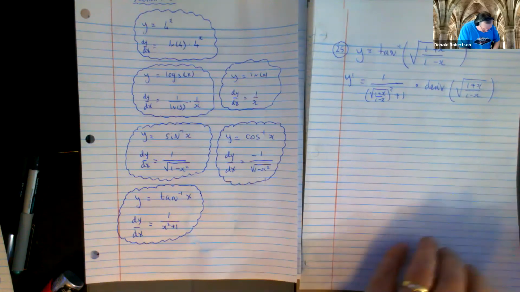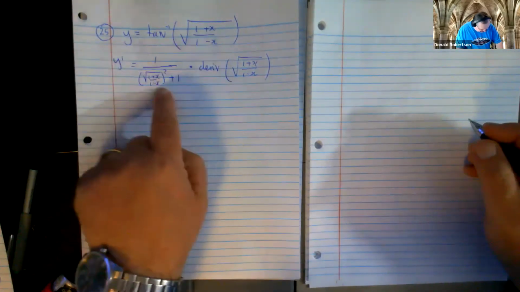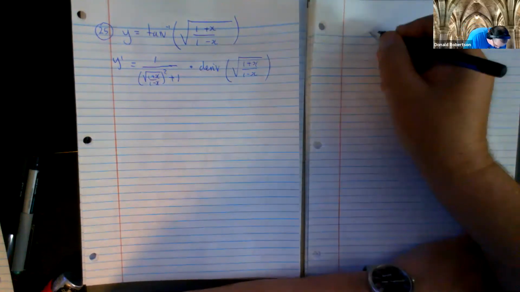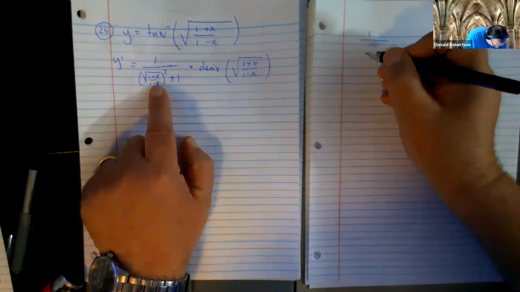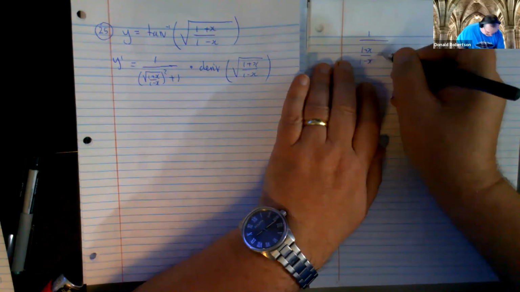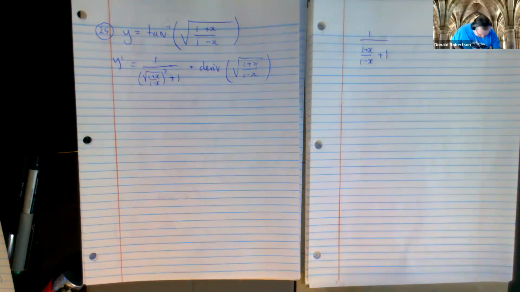And as I said, take things slowly. So I am going to take this ugly thing and see if I can make it nicer. So this is like my working on the side. Right, if you take this guy and you square him, well, if you square a square root, you basically cancel out the square root, right? Now that guy